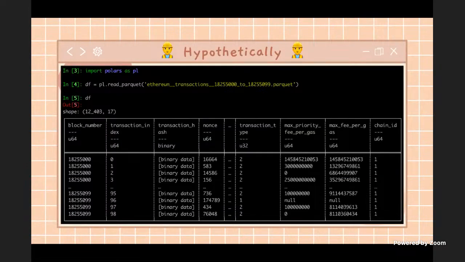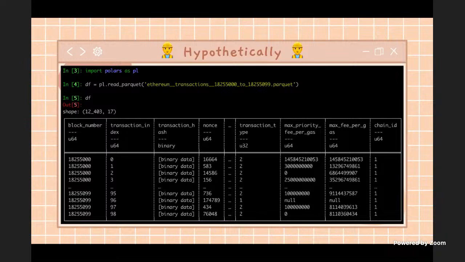I have to run a Python interpreter. I have to import Polars, and then I have to type out this long name, ethereum underscore transactions underscore block number, exactly what block number to the end number dot parquet, which is very, very tedious. Like, I don't know, if you guys like typing and you want to bump up your WPM, your words per minute, that's great. But for me, for a scrub, for a boomer like me, my fingers are not as